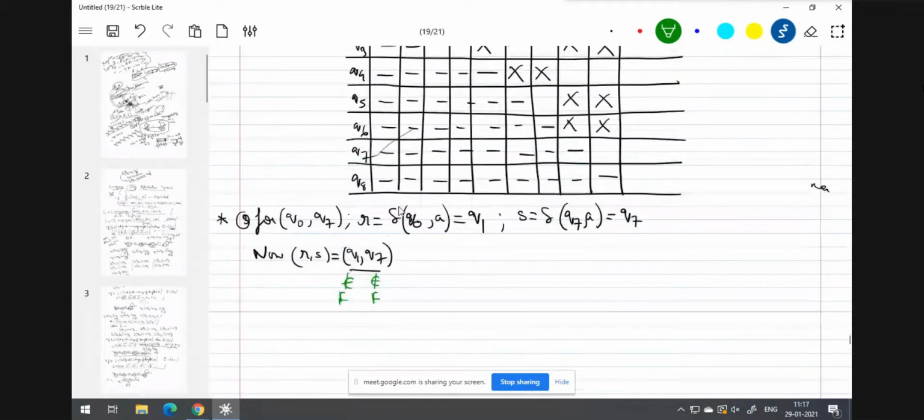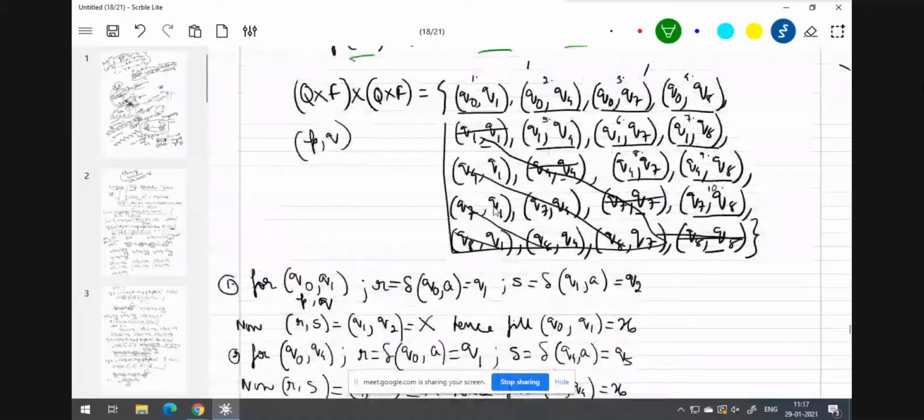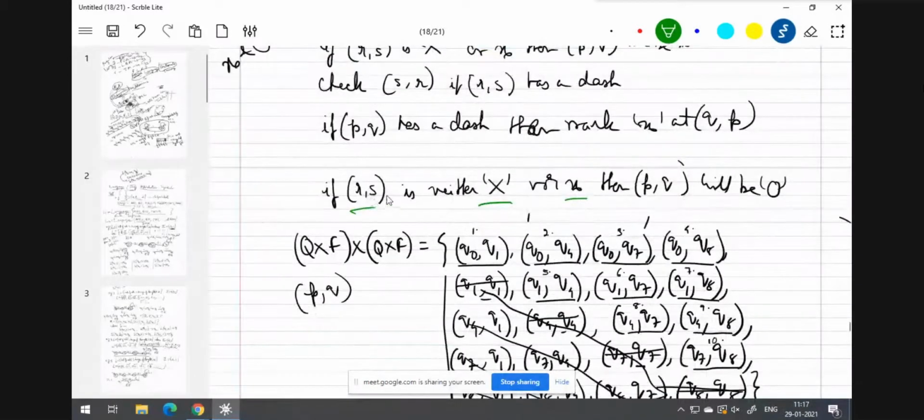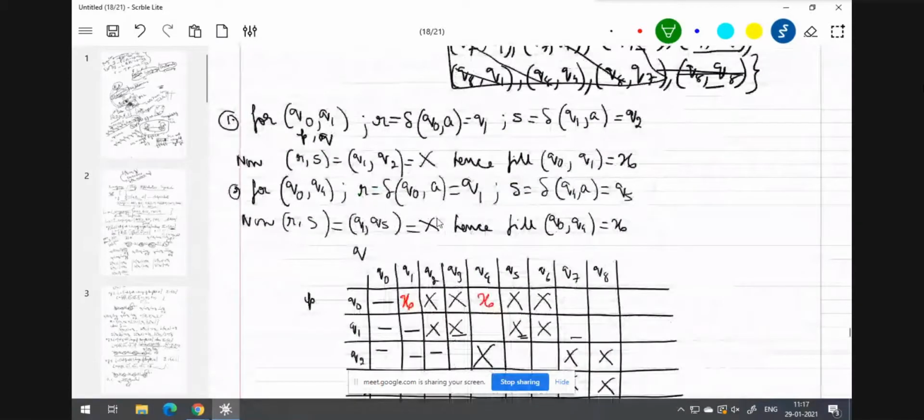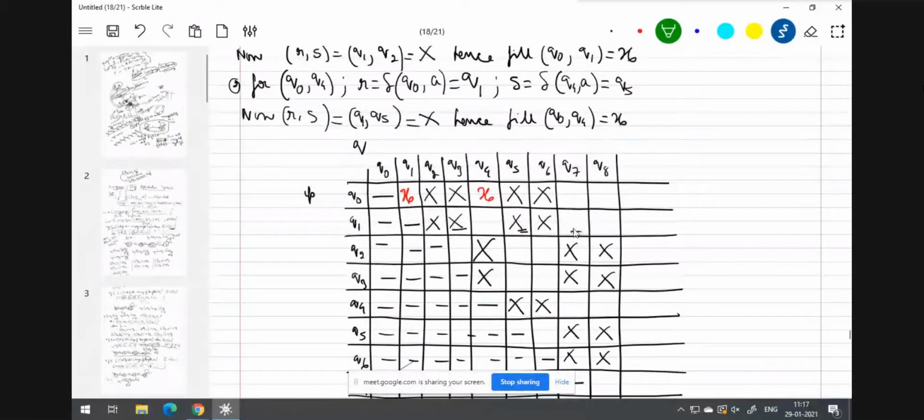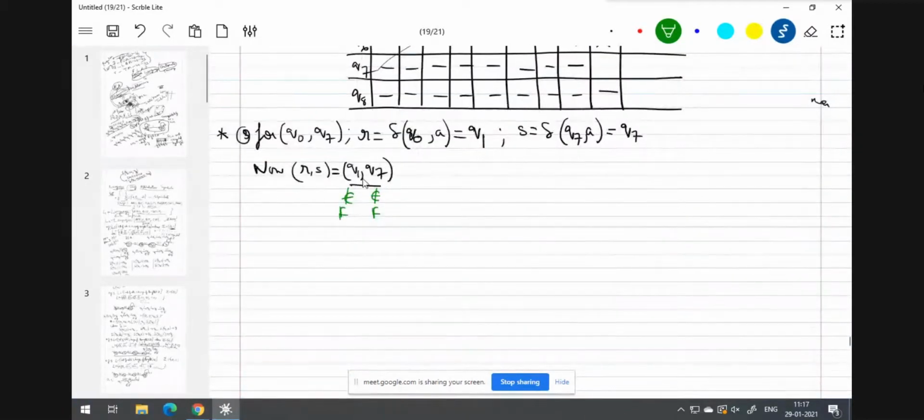I'm repeating it again. As per the rules, if the RS pair in the matrix is neither cross x nor small letter x, you have to insert 0. 0 is going to indicate that those two states are similar. But given the diagram, Q1 and Q7 do not belong to final states, so they cannot be similar states. So instead of inserting 0, I'm going to insert